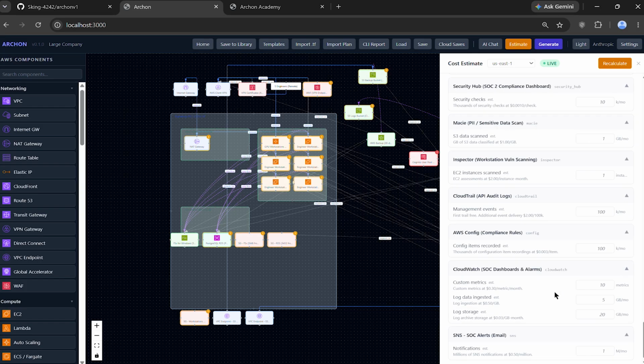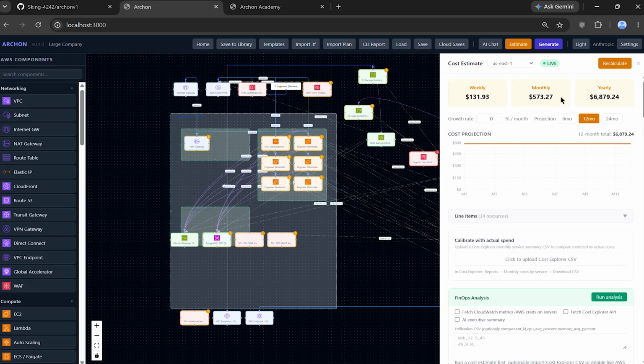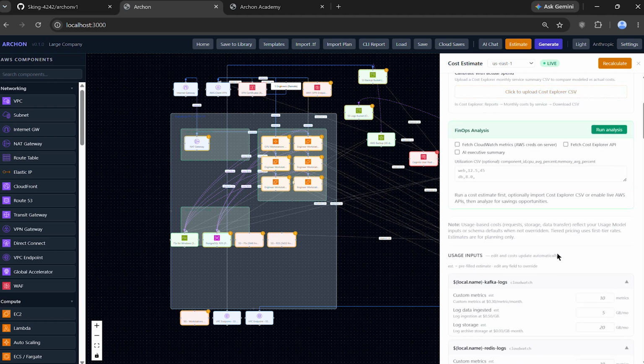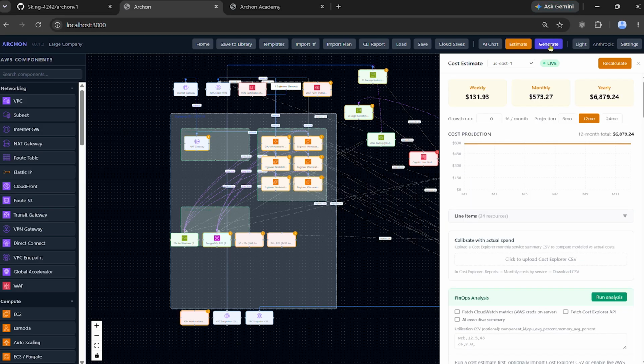And so all of this is usage. You can adjust this and then recalculate, and it will give you a more appropriate usage. Let's say you did build this and you're like, man, I think our usage is a little bit different. Well, you can download a Cost Explorer CSV, pull that in, and then upload it, and that will give you an analysis on here and tell you, hey, you're actually using this a lot more than you thought you would, right? Which is always useful to know.